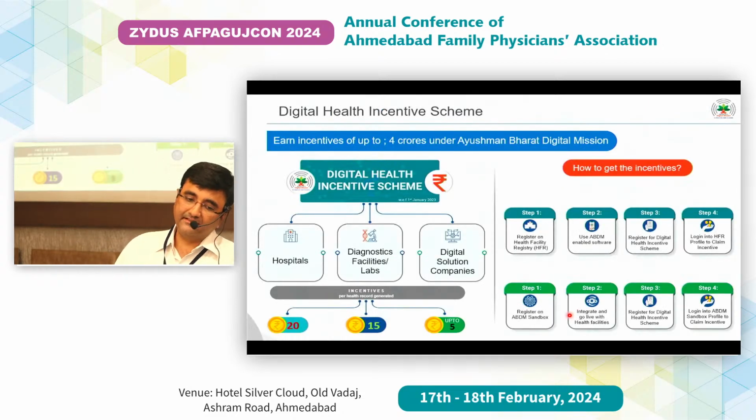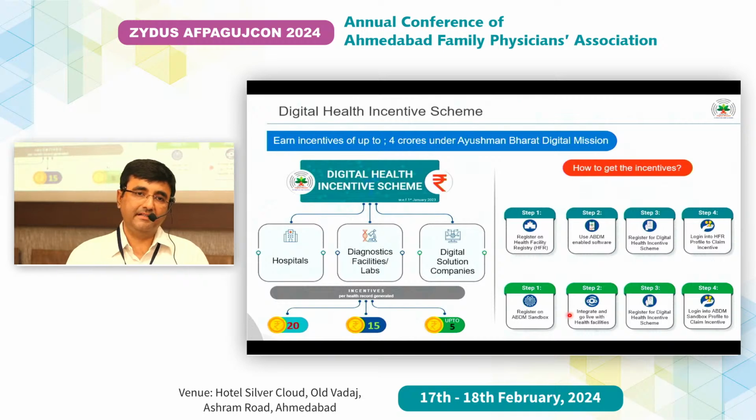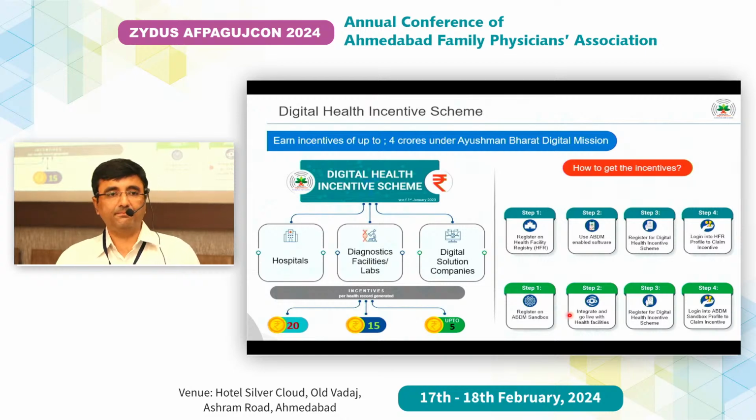Another part is the Digital Health Incentive Scheme, DHIS, where the Government of India pays 20 rupees per transaction. Per patient per transaction. Prerequisite is patient should have ABHA and the facility should have the ABDM enabled software. Of course, the doctor should have the HPR and facility should be registered in HFR. So these are the prerequisites, but per patient per transaction 20 rupees will be given to the health facility directly. So for example, a patient visits Sir's clinic and he prescribes something. So that is a single transaction.